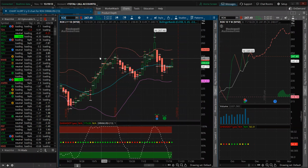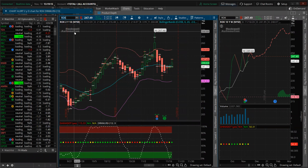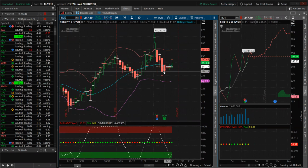Okay, so here's something I'm looking at: Rockwell Automation. Again, it's one of my data mining, high probability trades. Beautiful seasonal. We do it typically sometimes after the week after Thanksgiving, but big picture is higher, okay? So now, here's a great example. If it closes like this today, okay,